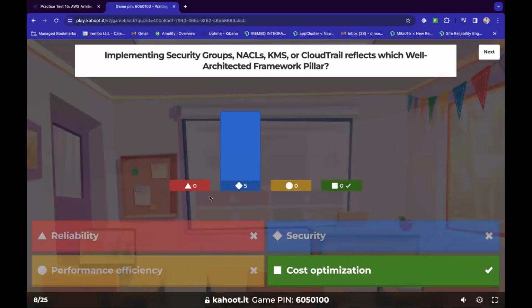So yeah, you got it right. So it's on the security aspect of it. Okay.